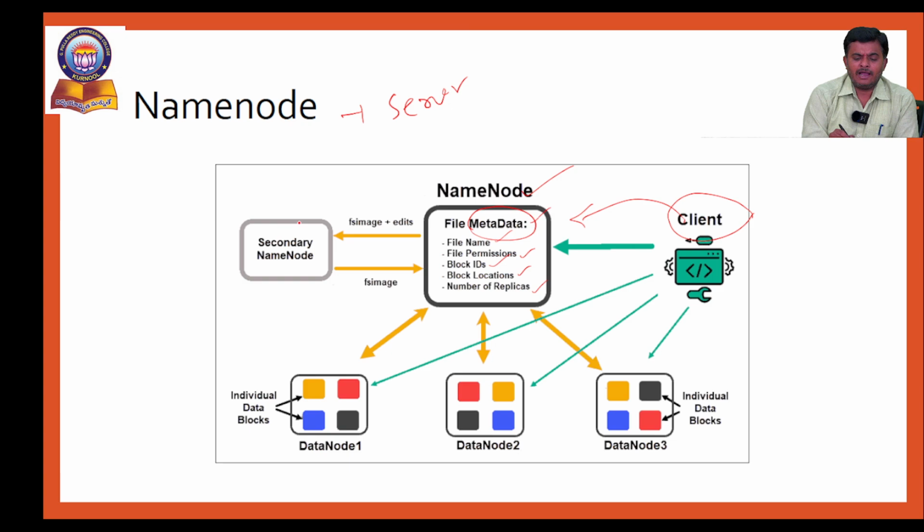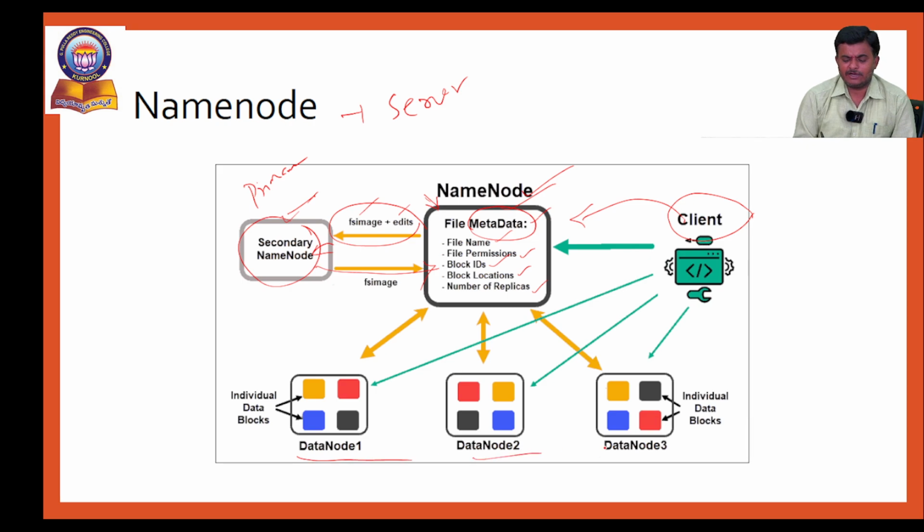That is what it maintains, and apart from that, we'll have a secondary name node. Whenever the primary name node fails, we have the option of a secondary name node which can be up and running when the name node fails. It continuously keeps on sending the FS file system image and whatever edits have been done on the file, and that will be stored in the secondary name node. So when the primary fails, it takes the FS image, and the secondary name node acts as the primary name node.